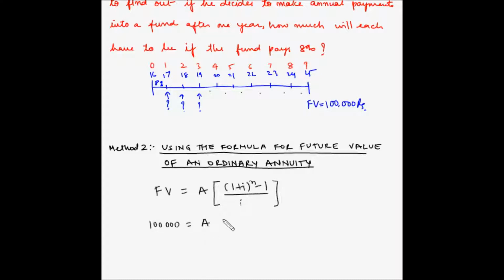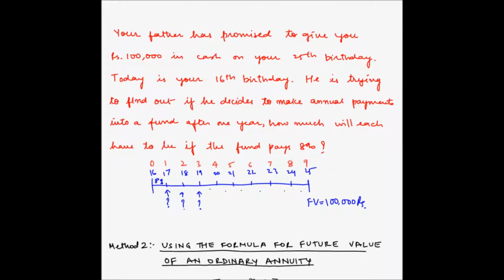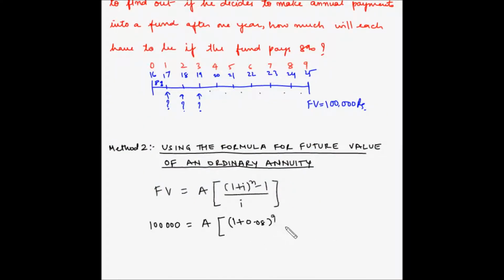A is unknown. 1 plus I, now rate of interest is 8%, so 0.08, to the power n. So number of years in consideration is 9, minus 1, divided by 0.08,